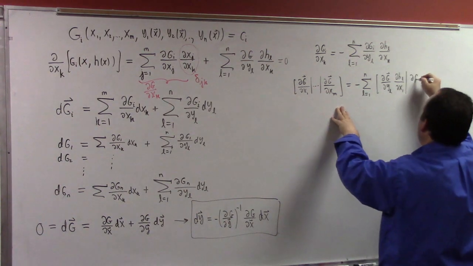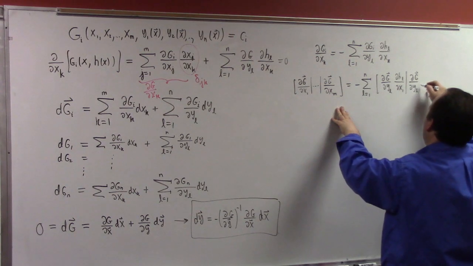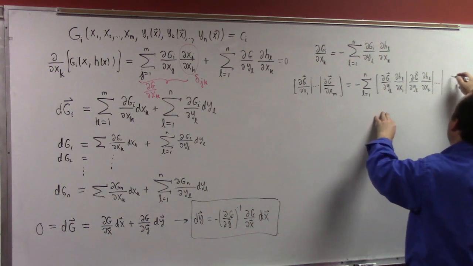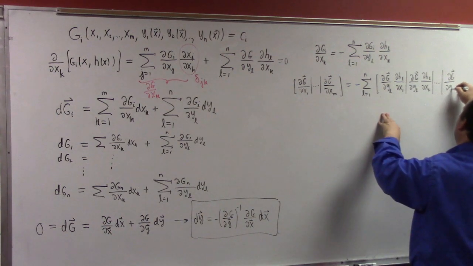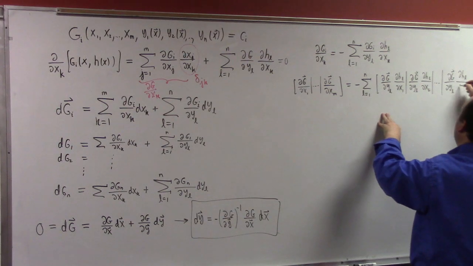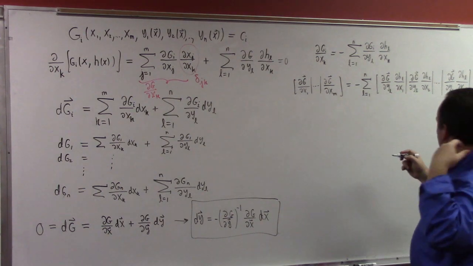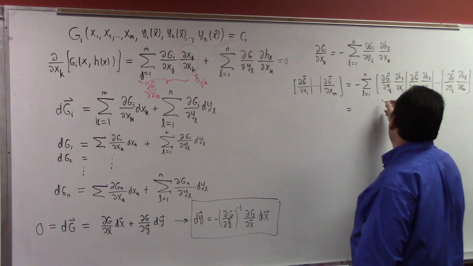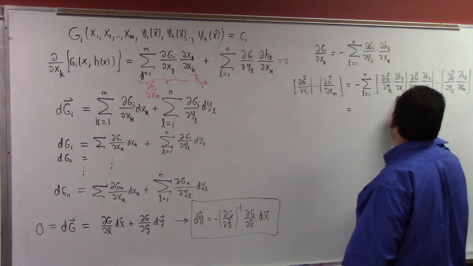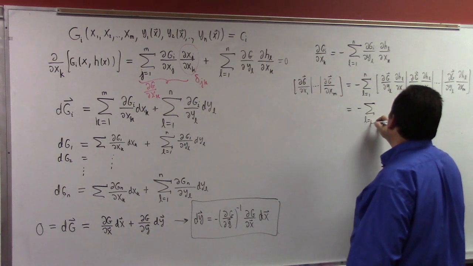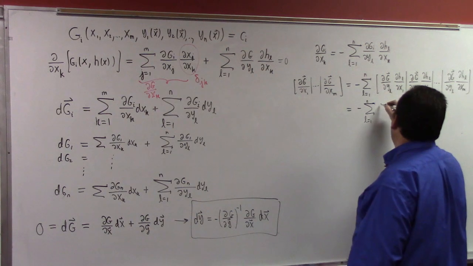And then the next one would be partial G partial Y_L summed against partial H_L partial X2. And this goes on until we finally get to the mth one. But then we look at this and we go, oh, okay, so this really is just, we can rewrite that as simply minus the sum L equals 1 to n, rather, of the